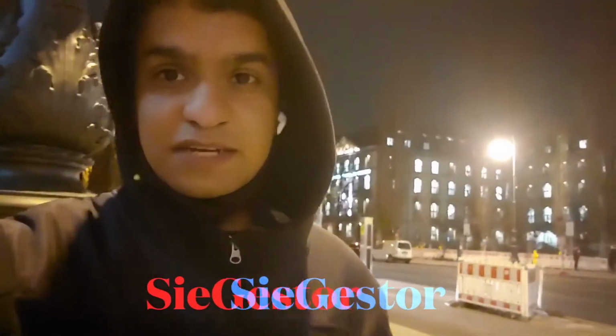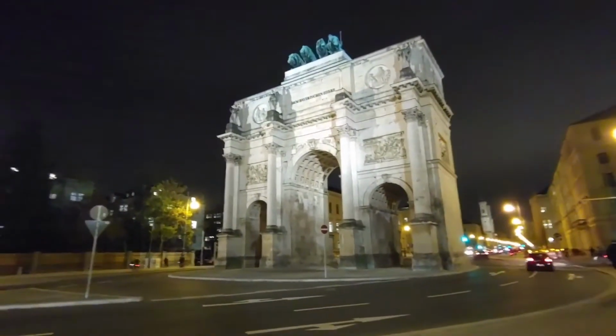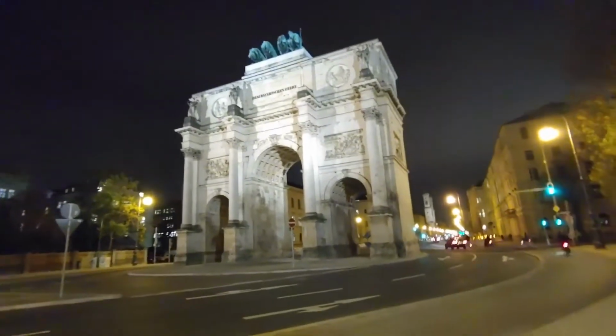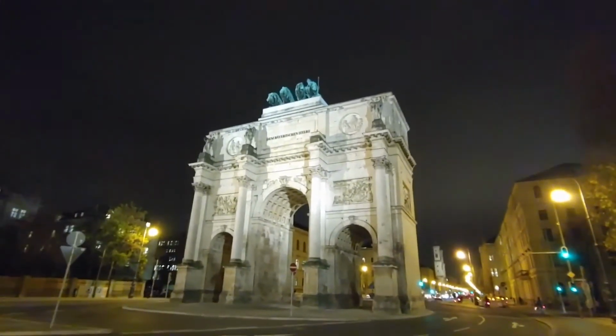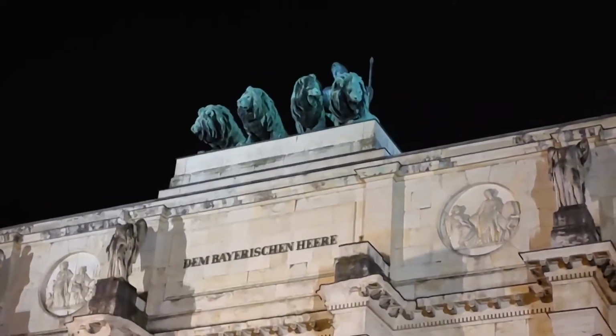So guys, we finally reached our final destination, and the name of the destination is Siegestor. This was built by Ludwig I, King of Bavaria, but unfortunately this beautiful historical place was destroyed in 1945, but they built it again and also named it the Victory Gate. So of course, if you're coming to Munich, make sure to check out